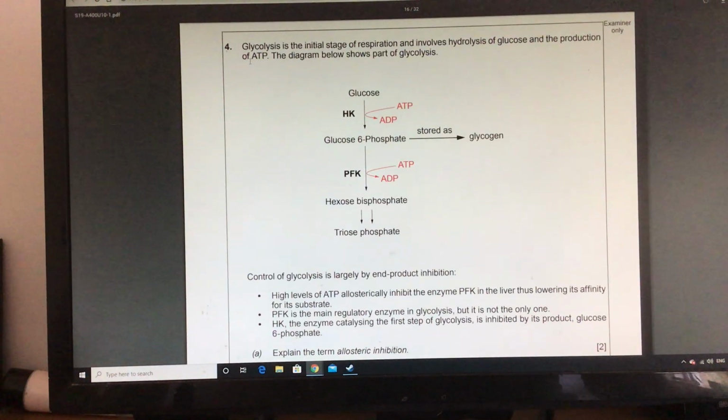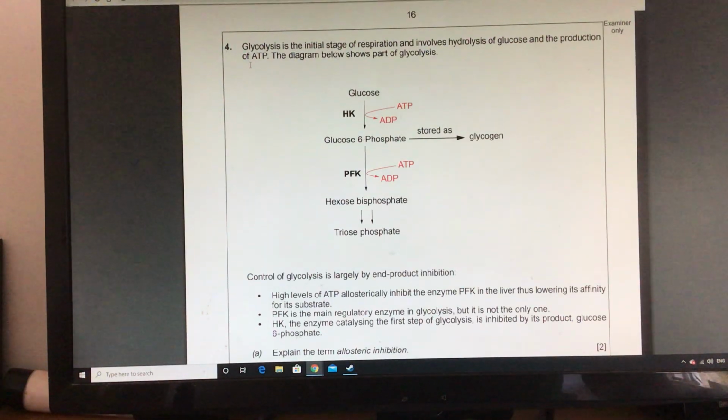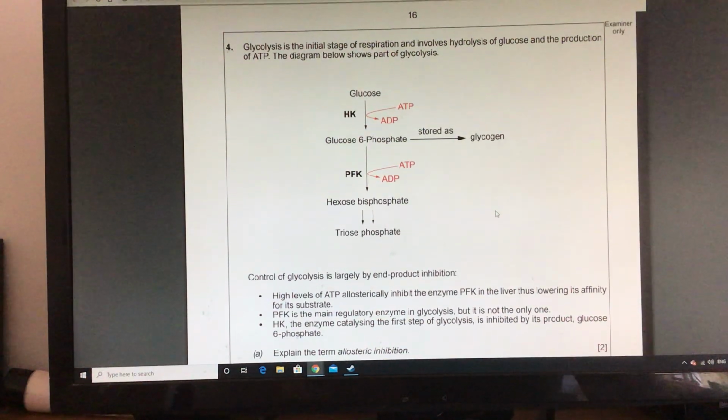So you're somewhere in the metabolic pathway that happens to produce ATP in respiration. Part of this is glycolysis, part of this would later on link to the link reaction and what happens in mitochondria, with the Krebs cycle and the electron transport chain. But we're here in the initial stages. We're here in glycolysis. So it doesn't actually give you the name of hexokinase and phosphofructokinase, it just shortens it